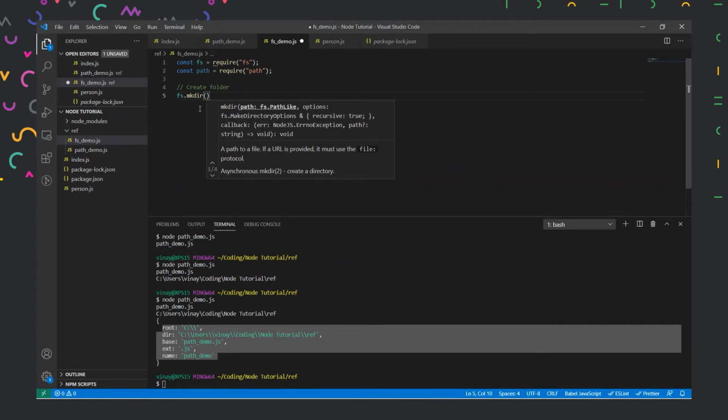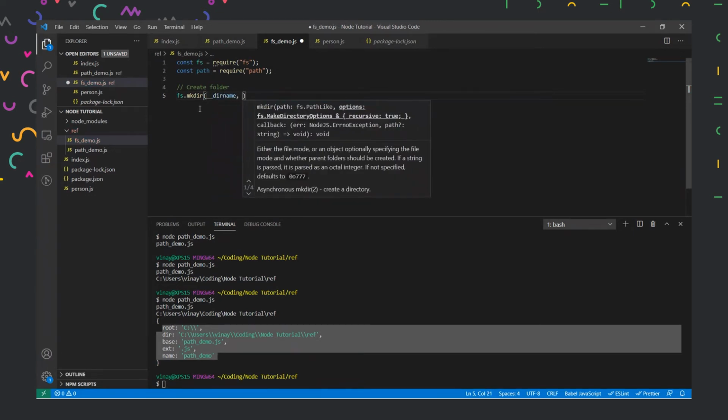So let us say I want to create a directory, but before that we need to pass in where we should create the directory. I want to create the directory from the present file itself. I want to take the directory path, our whole path of our present file itself. To do that, we'll just type dirname, and then I'll pass in the path name.